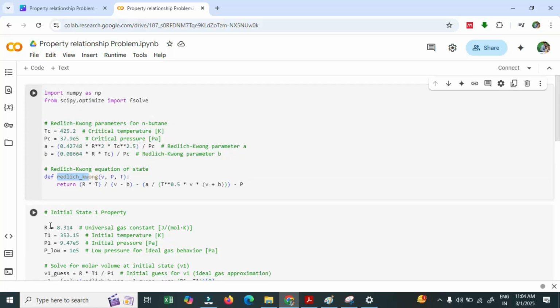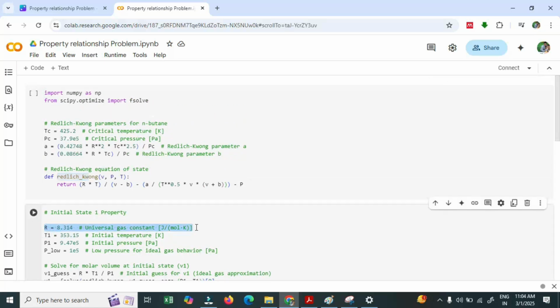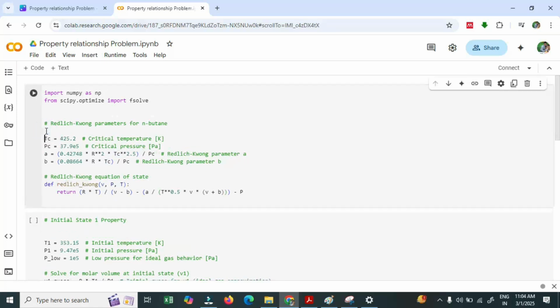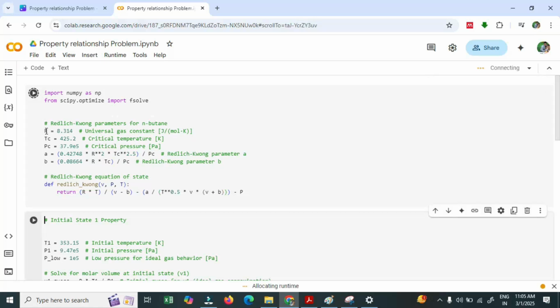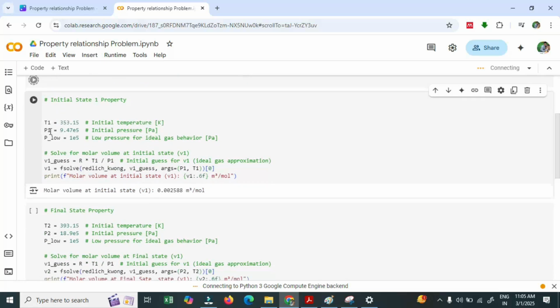Now I'm using it here. Yeah, I executed the first line. Let me check what I've done here. Yeah, here I'm not using this low pressure. I'm uncommenting here. The moment I know T1 and P1, to solve any cubic equation or non-linear equation